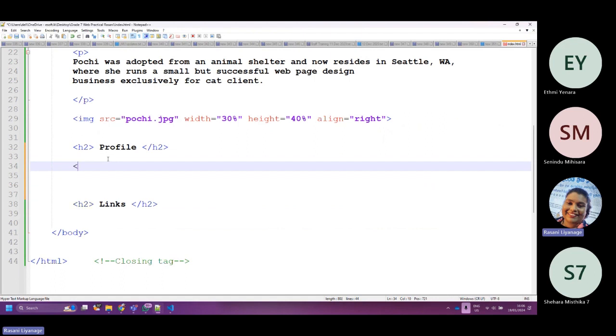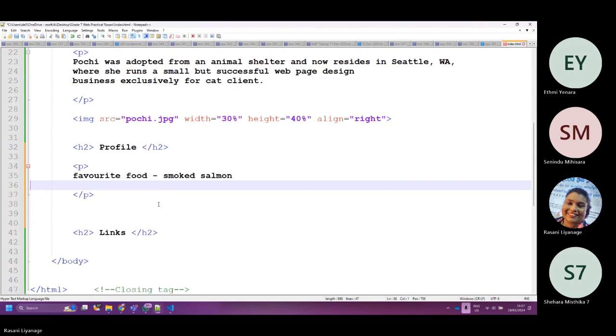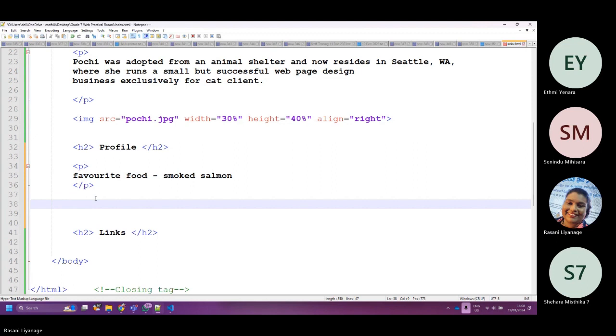Under profile, we'll create a paragraph. P, close P. It is favorite food, smoked salmon. Second P. There are 3 P tags.